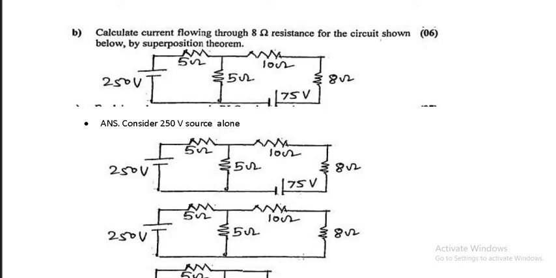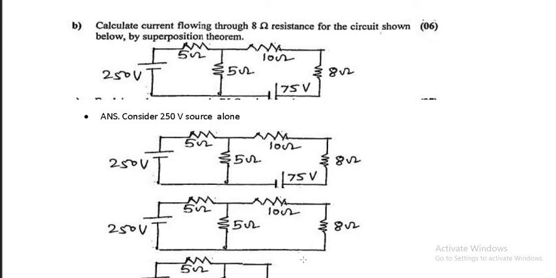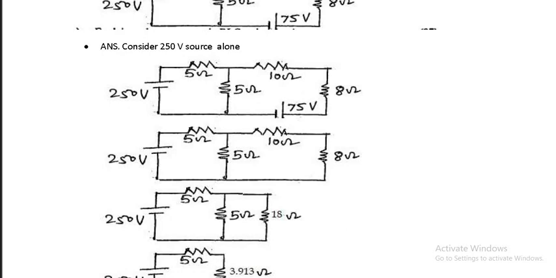Now if in the problem the internal resistances of the batteries are given to you, you have to replace those batteries with that internal resistance. But if the internal resistance is not given to you, that itself means that a voltage source should be replaced by a short, or a current source is to be replaced by an open circuit. So instead of 75 volts, you can see over here I have shorted. Okay, so this is the new circuit.